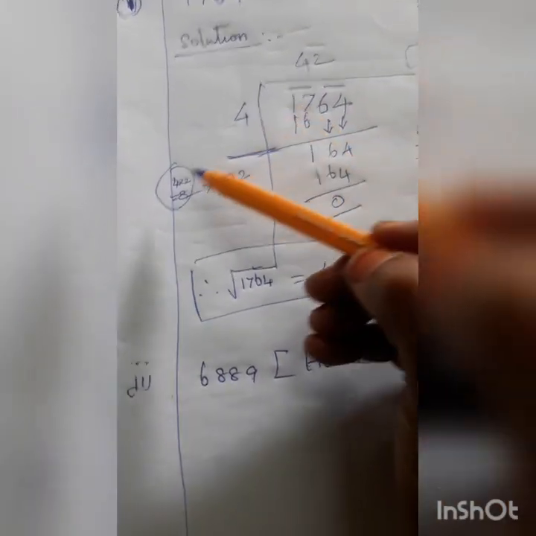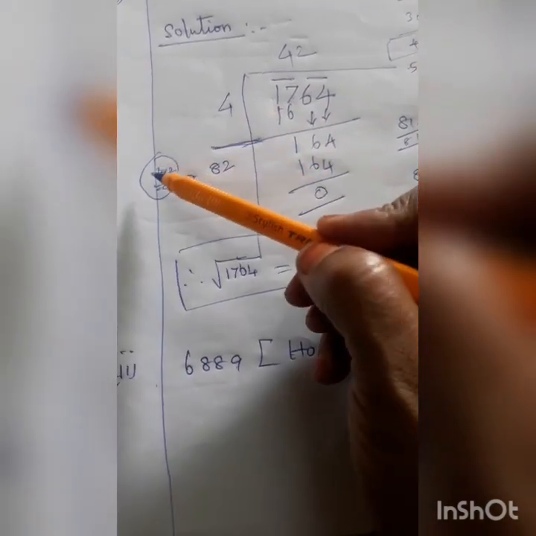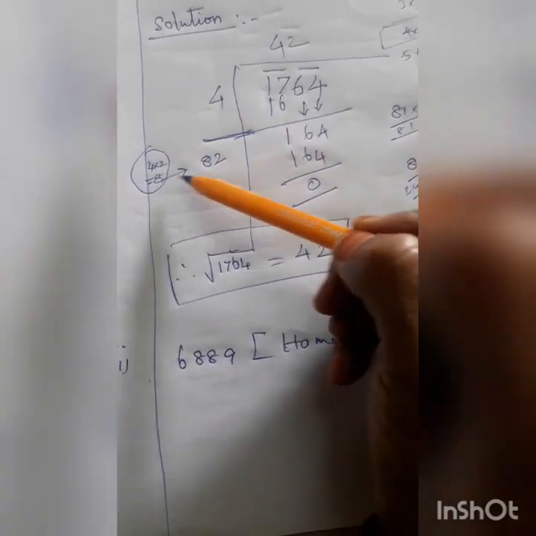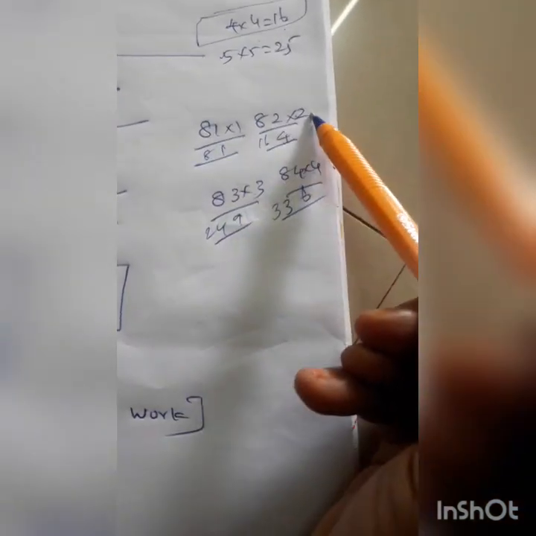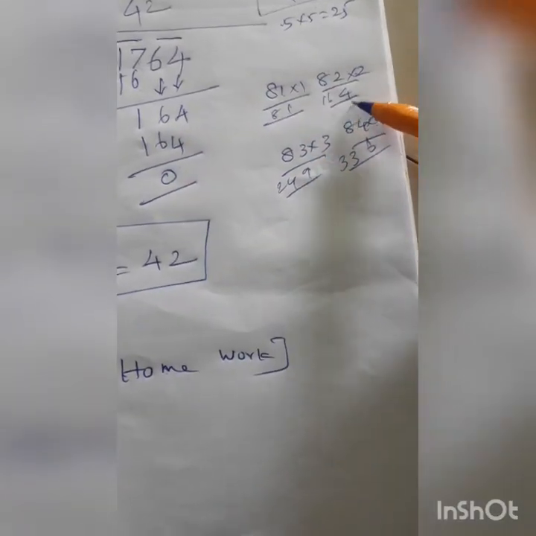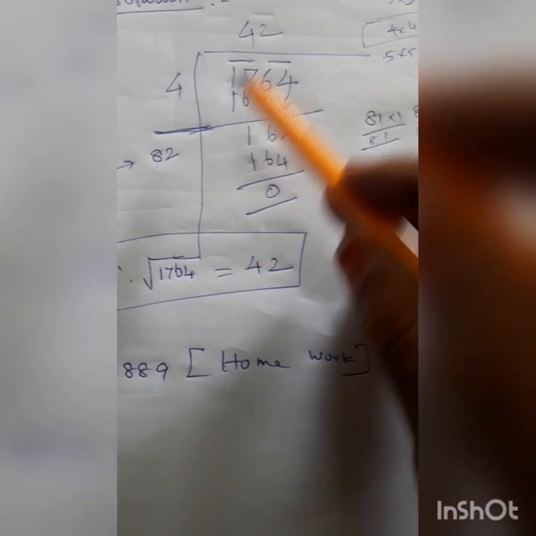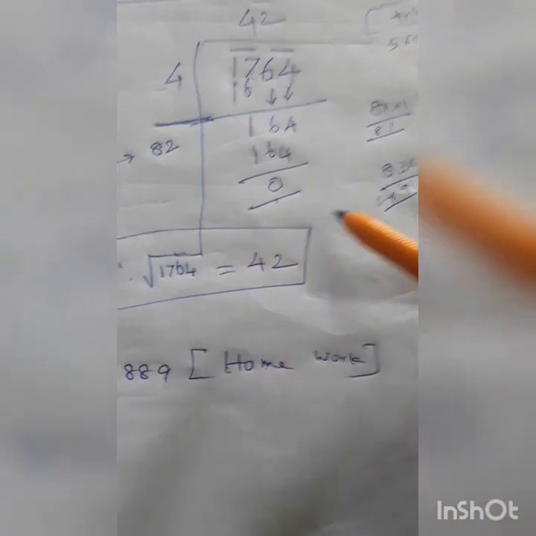See the second step again. The answer that comes, you multiply whatever number comes here. 5 5s are 25 also comes, 5 only, right. 5 into 2 equal to 10. So here 4 only is coming. So 4 into 2, multiply and write the answer here, 8. This 8, what do they want to do? 8 into 1 into 1, 8 into 2 into 2, 8 into 3 into 3. Suppose the number here is 5, 10 means 10. Now which number gives 164? These two numbers also no need to consider; strike out this number. 164 is enough there. Which number writing for 164? 2 2 writing for. So write 2 here, and 1 2, 0. Therefore square root of 1764 equal to 42.